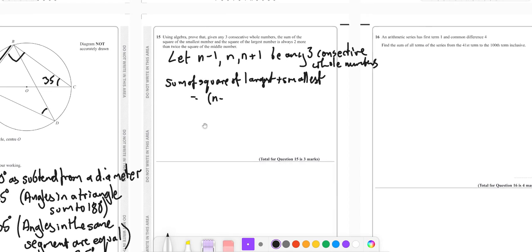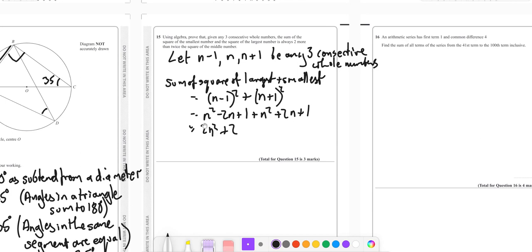equals n minus 1 squared plus n plus 1 squared, which is n squared minus 2n plus 1 plus n squared plus 2n plus 1, which is 2n squared plus 2,